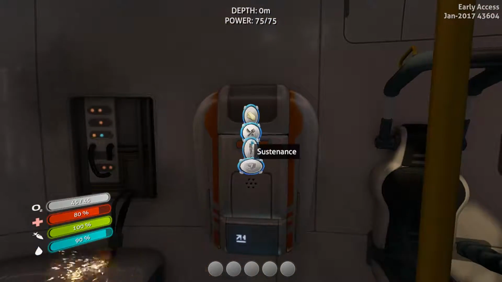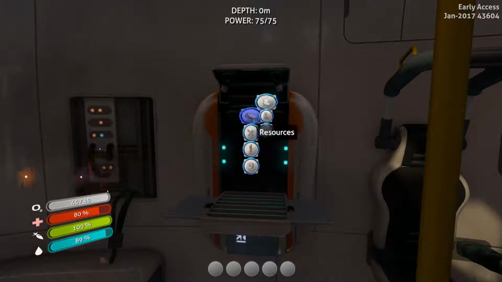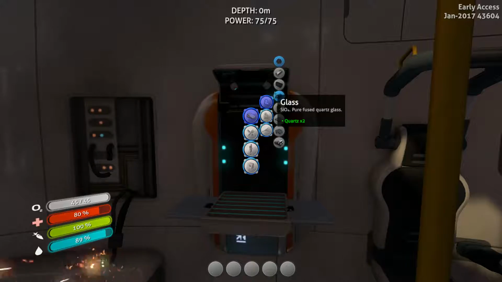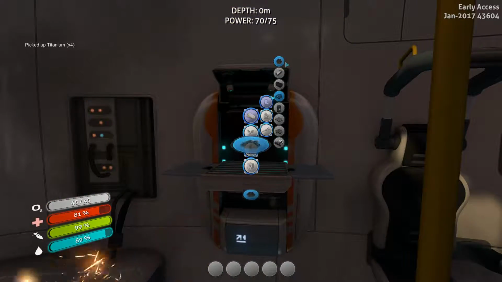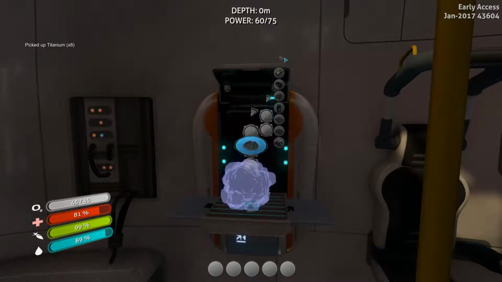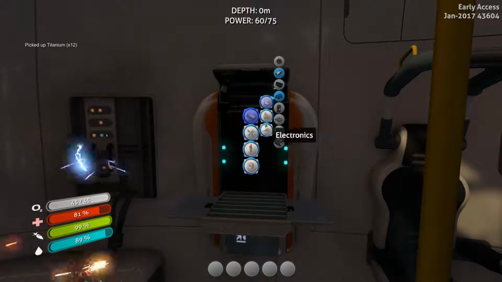Alright, so our life pod's in pretty bad shape, but we can start. See, here are the options for the fabricator. We're going to go to resources, basic materials. We're going to turn that scrap metal into titanium, just like so. Okay, so now...